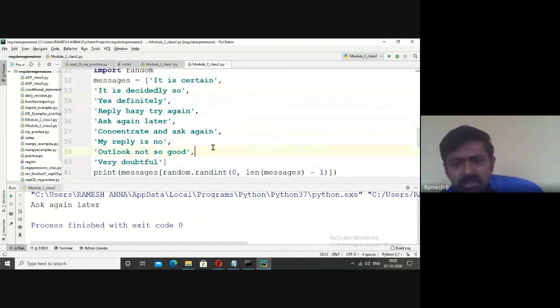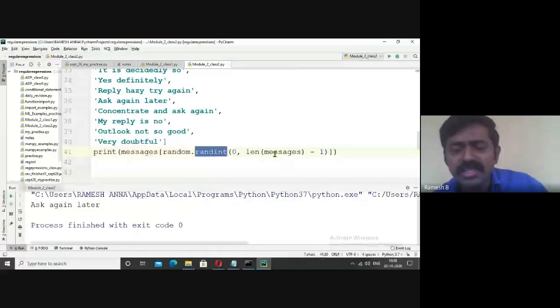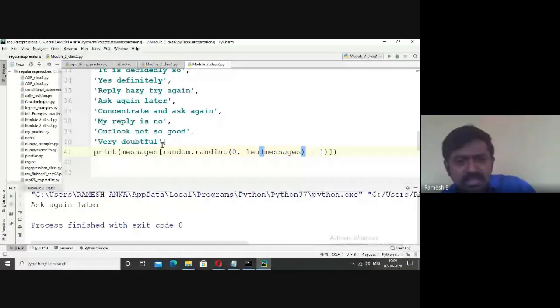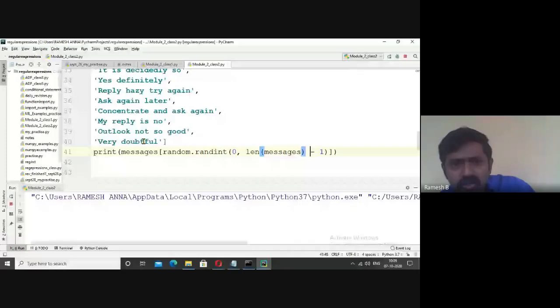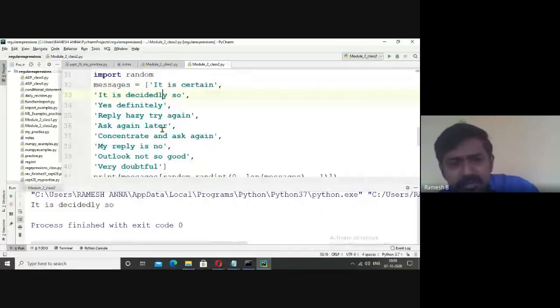Now this function will generate some number, and we are doing minus 1 because if it generates 7, it will display 7 minus 1, 6, which is at the 6th location. So if I run this, it says "It is decided so." That means it has generated the random number 2.